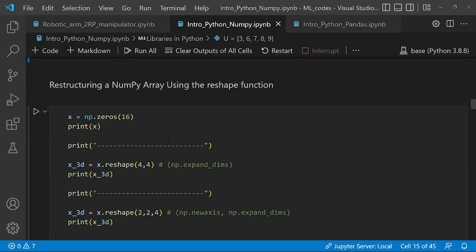Now, another thing you might want to do with Numpy is to use the reshape function, because with arrays you have a lot of shapes that you can get. Maybe it's a 2x2, 2x3, 3x3, 3x4, 4x1, 4x5, you know. So you can use the reshape function in Numpy library to reshape an existing array. So you have an array and you want to reshape that array, you can use the reshape function,